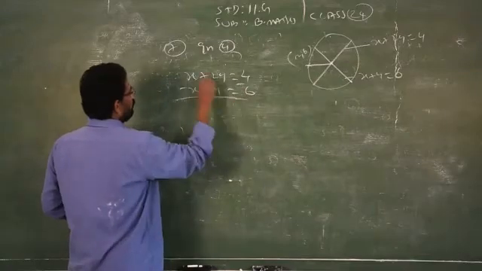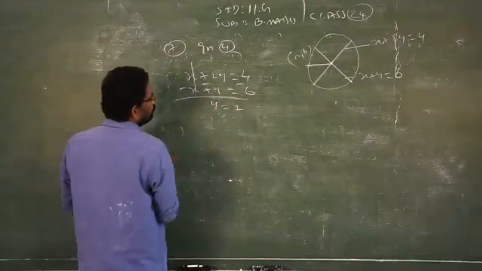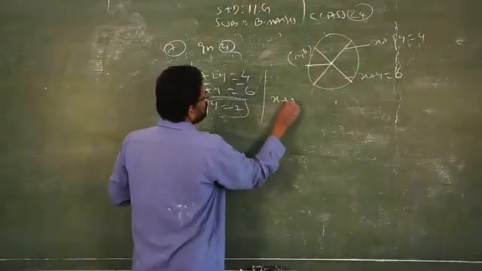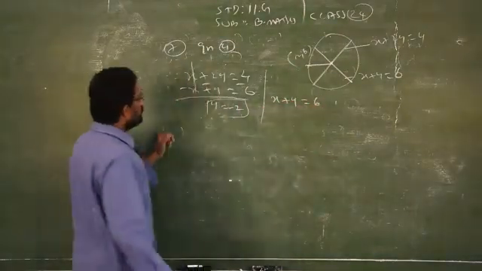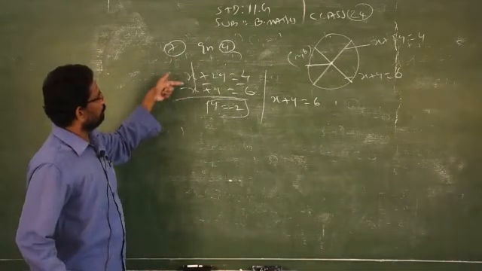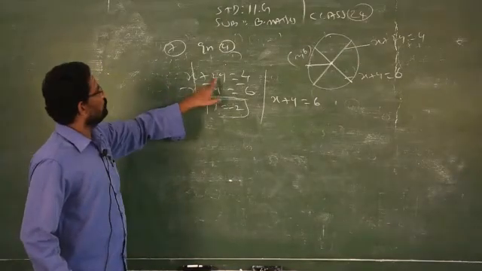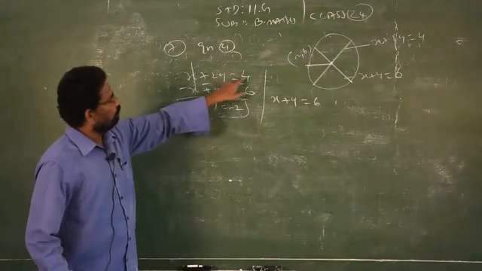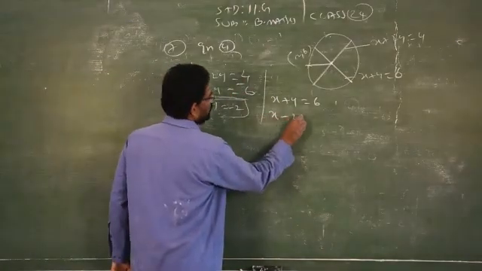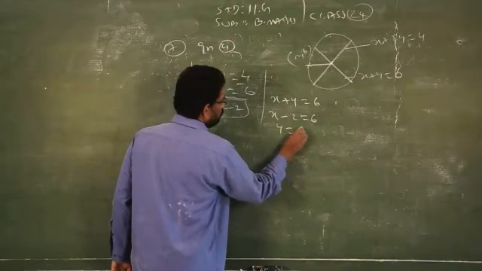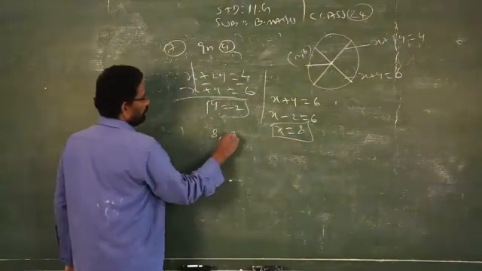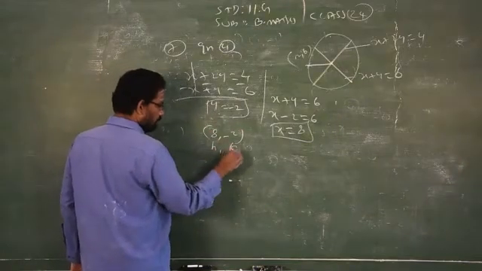Just change the sign, eliminate, y is equal to 2, minus 2. Then take any one of the equations, x plus y is equal to 6. Just eliminate by using the 10th standard method. Change the sign, plus x minus 6 get cancelled, 2y minus y is 1y, 4 minus 6 is minus 2. That is x minus 2 is equal to 6, x is equal to 8. Clear? So now 8 comma minus 2, this is h comma k.